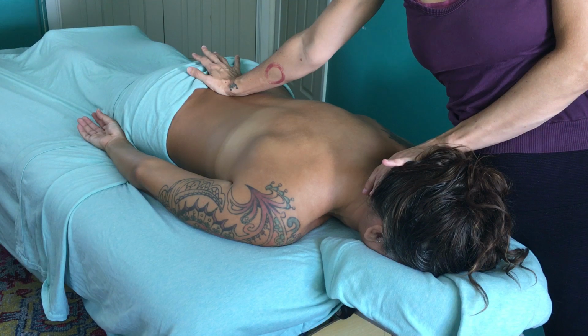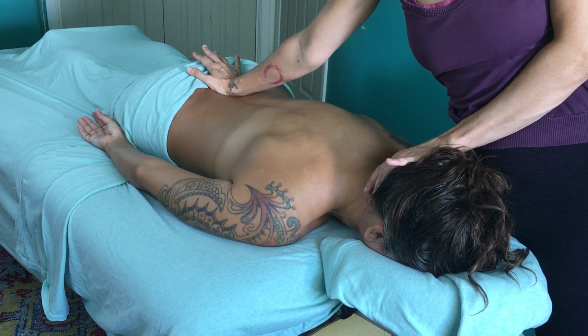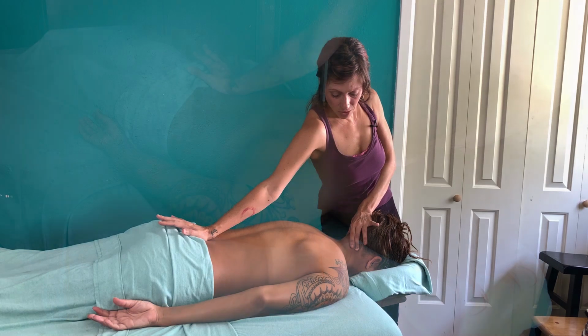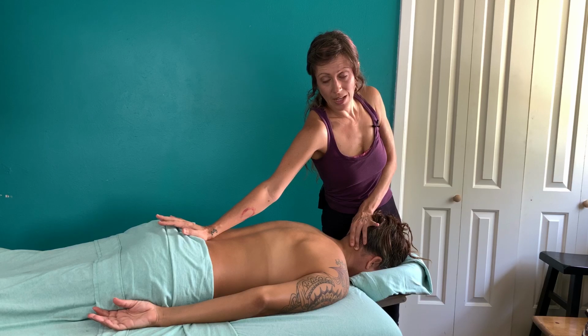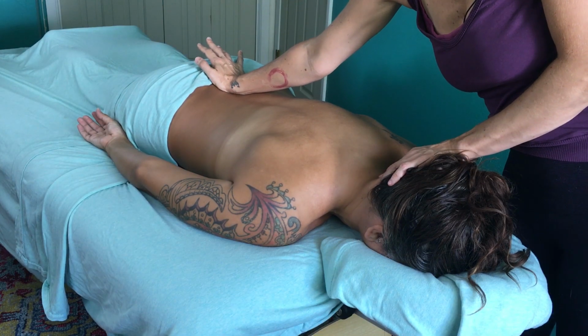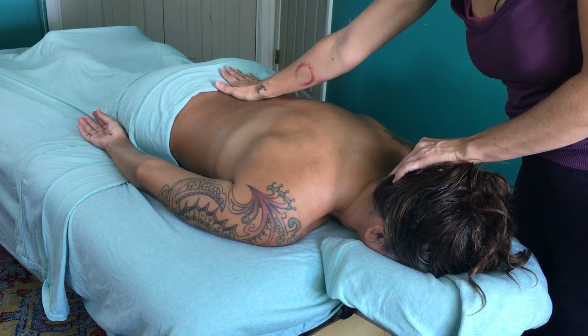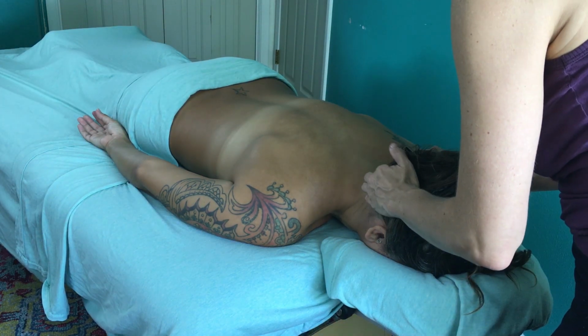So I'm pressing down with my hand on her sacrum and gently stretching from the base of her skull and tuning in deeply, stretching slowly. This will allow for length and space down the entire spine from top to bottom. I'll slowly release, coming all the way up to the base of the skull,